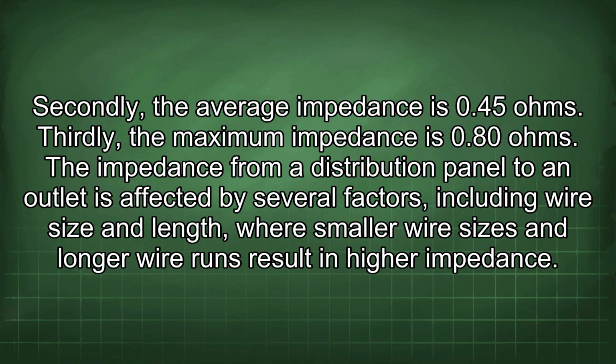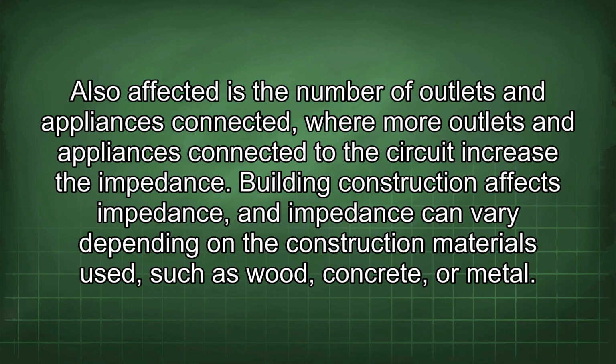The impedance from a distribution panel to an outlet is affected by several factors, including wire size and length, where smaller wire sizes and longer wire runs result in higher impedance. Also affected is the number of outlets and appliances connected, where more outlets and appliances connected to the circuit increase the impedance. Building construction affects impedance, and impedance can vary depending on the construction materials used, such as wood, concrete,